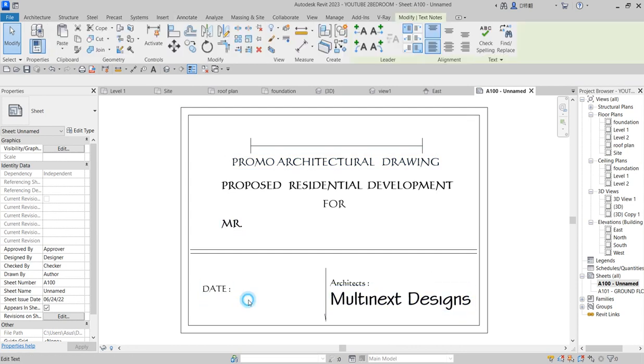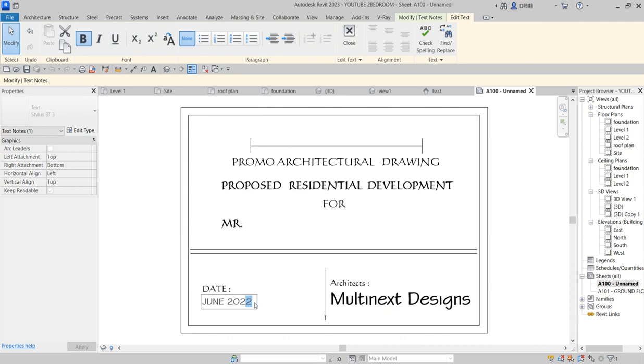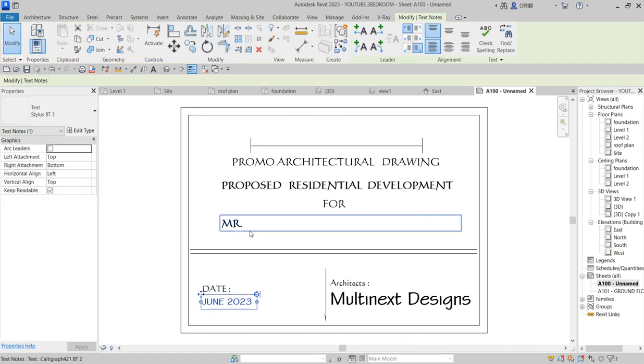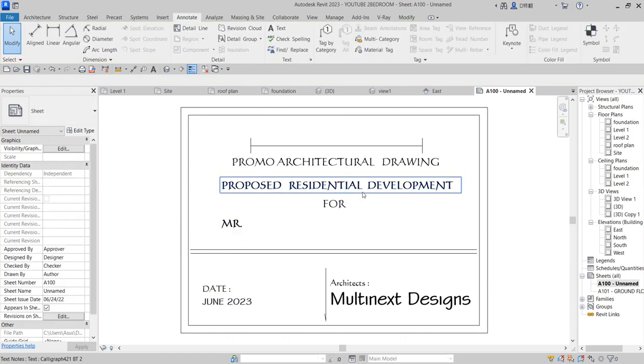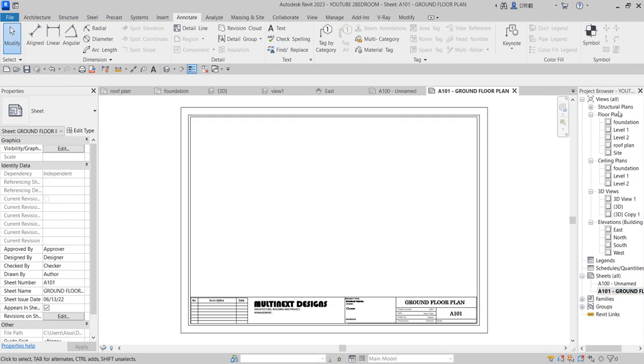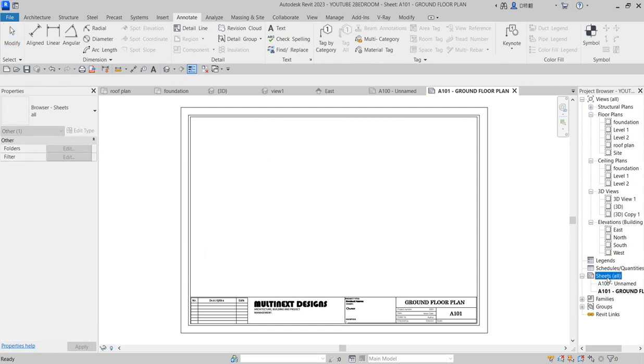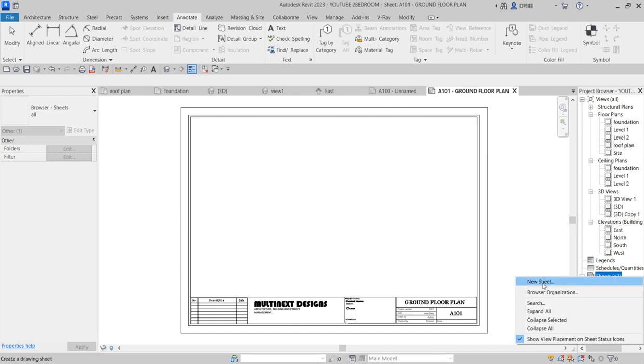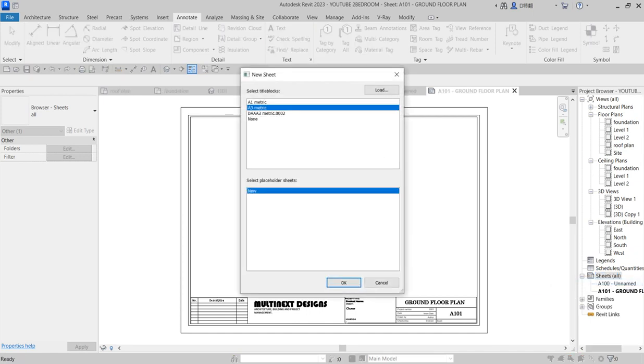So what you need here is that you can rename this one and change the name. You design this one after the other and things like that. So I'm going to change this one to 2023. So all this one, if you want to see the way I've done one of the projects that completed all this in a certain program. So here, this is the ground floor. You can now be creating, if you want to create more